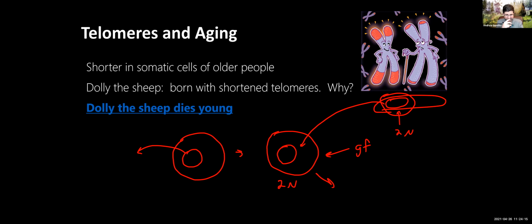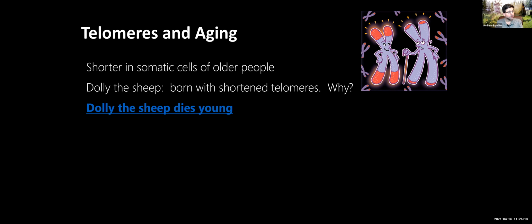The problem is that when Dolly was born, she had the telomeres of her mother, or herself. She's a clone, but she had shortened telomeres. She started developing age-related diseases after being a year old. And she died at about, I think, 4 of old age. And if you click on that link, you can read a story about her there.